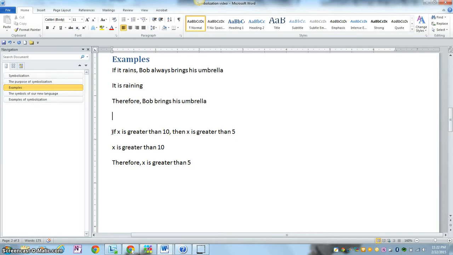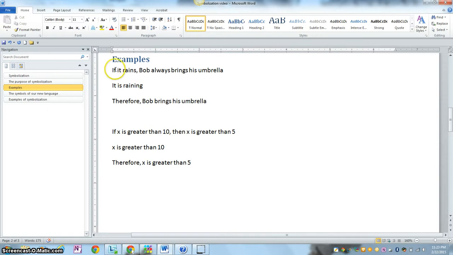This other argument, again, is valid, but not because it talks about certain mathematical facts. It's valid because it says that x being greater than 10 is a sufficient condition for x being greater than 5. And then, as it happens, this particular number x is greater than 10, so the sufficient condition is met. And so the consequence, x is greater than 5, does follow. I think you can see that these two arguments have the same structure, and this can be seen even better